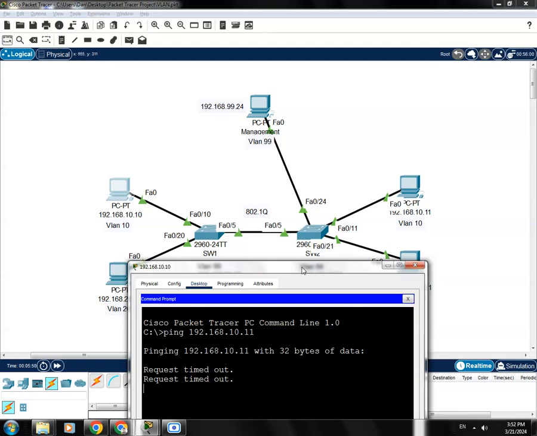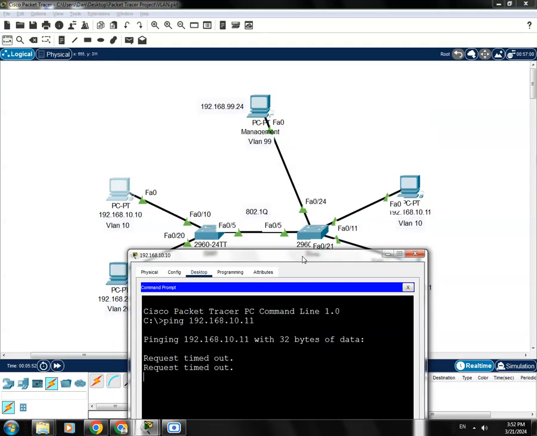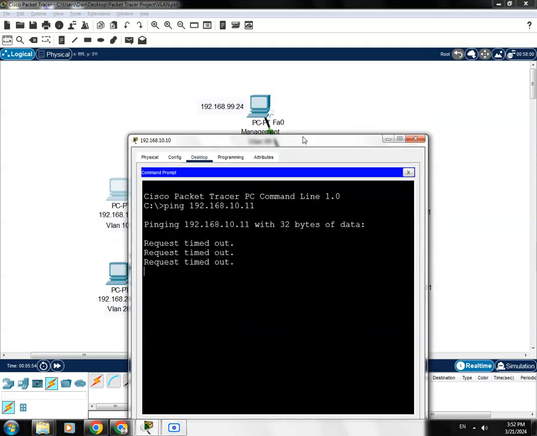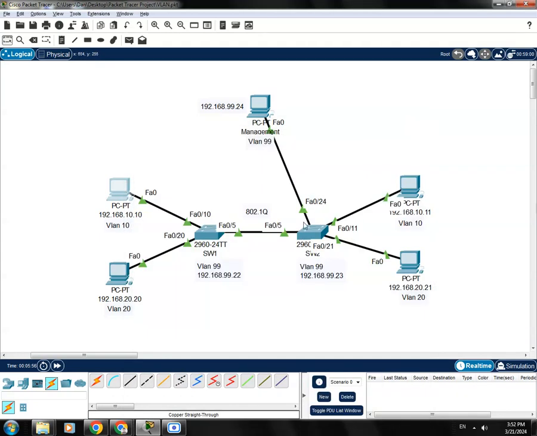As I mentioned a while ago, the purpose of the trunk is to allow VLAN tagging and VLAN traffic. So we create multiple VLANs, meaning we need to make this port, the 0/5, a trunk,